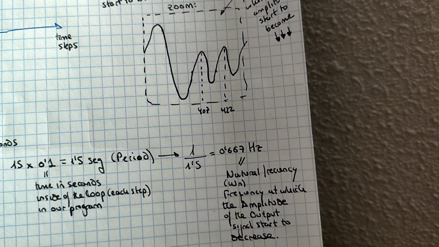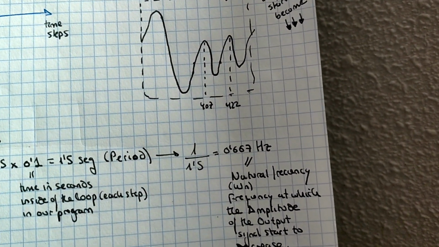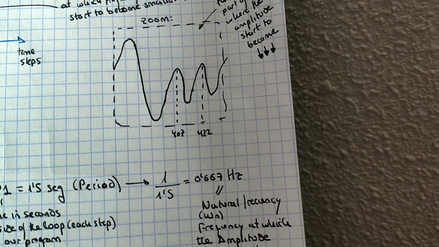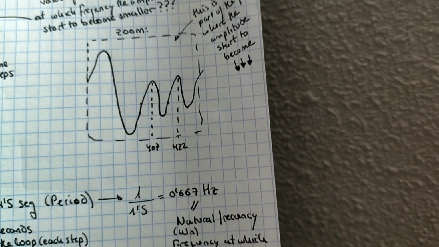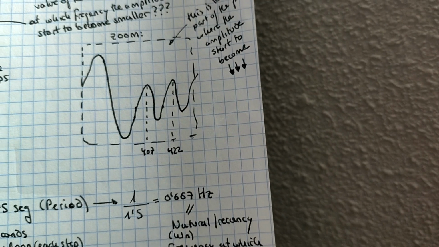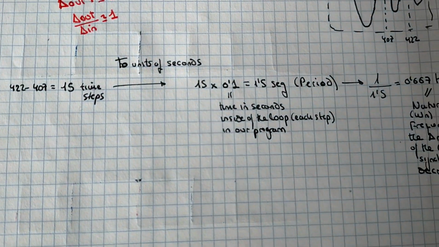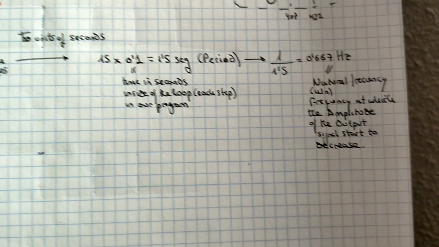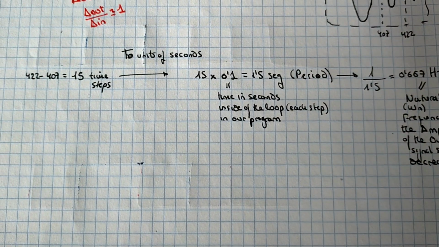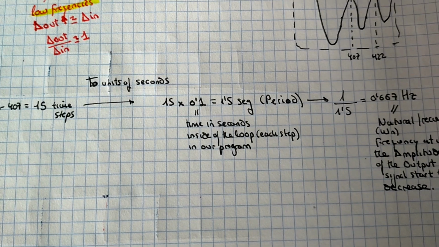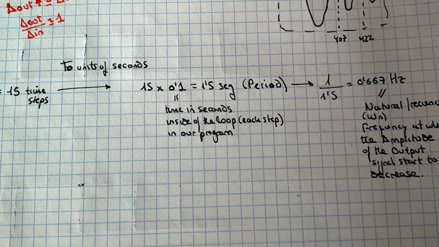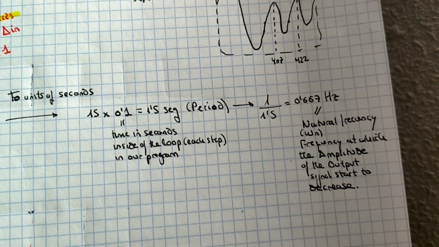Here I have captured more or less the two values between those frequencies, and then I calculated the period in units of time steps, and then I transformed it into units of seconds, because